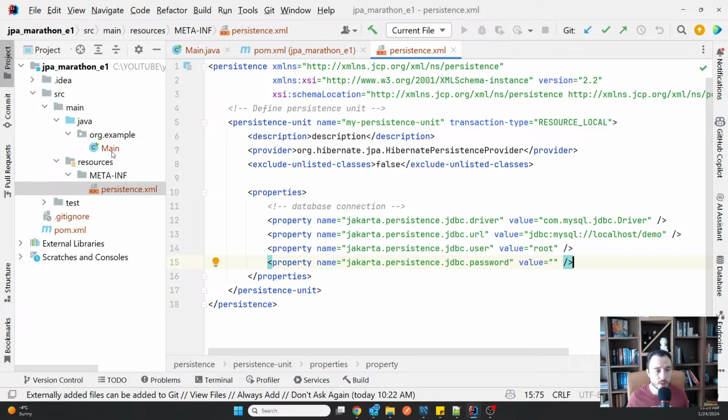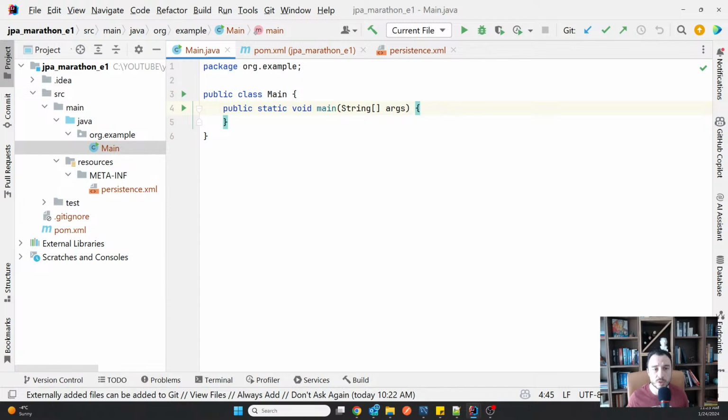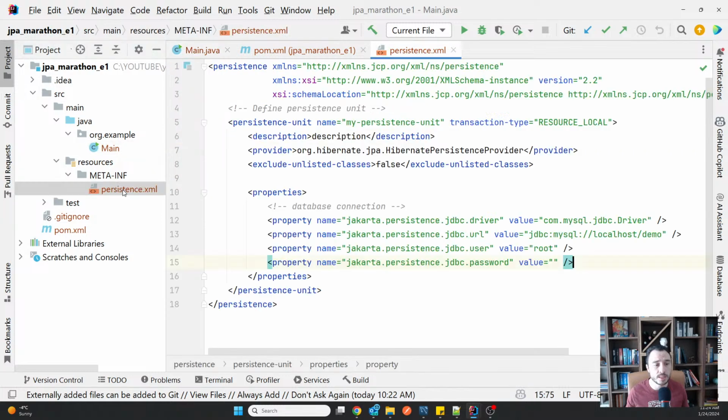So let me try to create a first connection. I'm going to go here to the main class and create an entity manager factory. Now there are different approaches in case we are using a descriptive way like persistence XML.